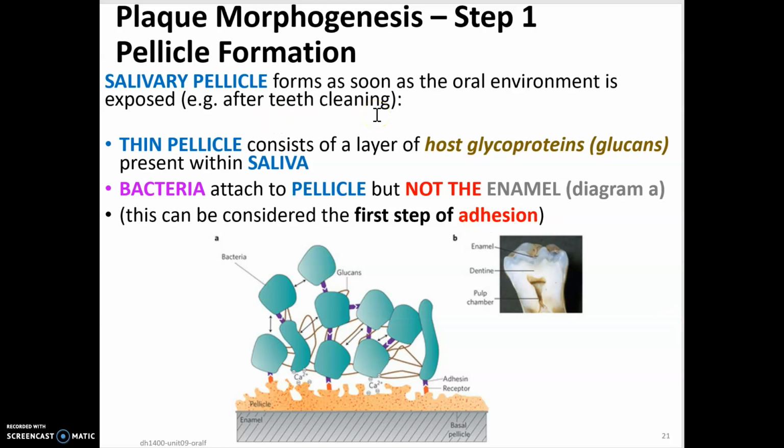So this pellicle I've been talking about, this is basically step one when we're talking about plaque morphogenesis. The minute the dentist stops cleaning your teeth, we start to lay down a pellicle. It's something we can't stop, sadly, but it's the way it goes. And the thin pellicle is just a layer of proteins, glycoproteins, sticky proteins that are present in our saliva. So as soon as fresh saliva touches our teeth, then we get a layer of pellicle. This allows the bacteria to attach to the pellicle, not the enamel. It'd be much tougher for bacteria to stick to the enamel because it's a very smooth